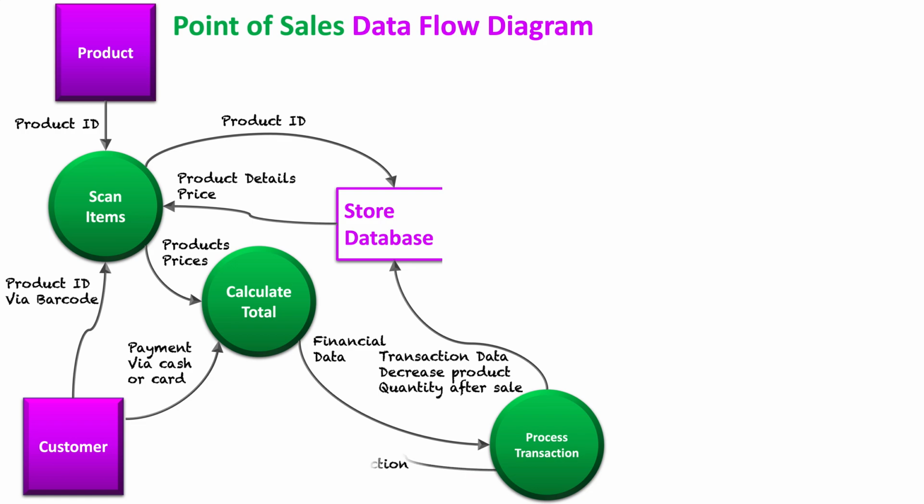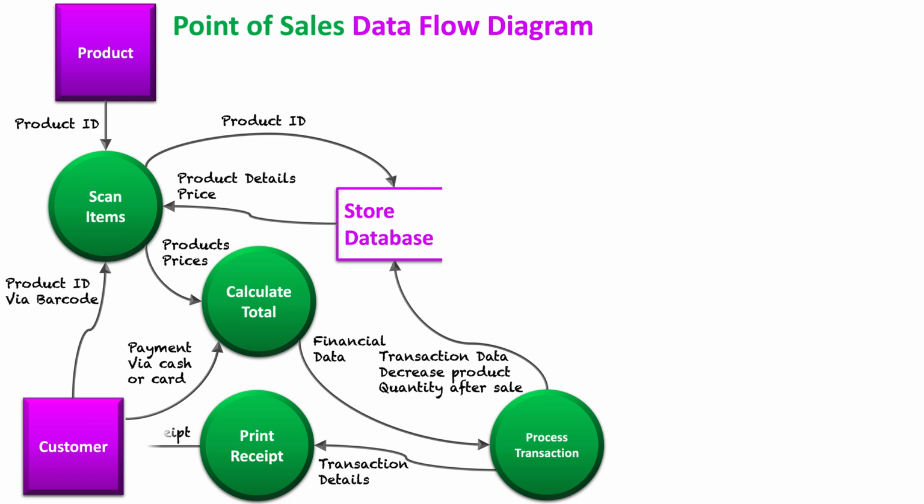On the customer end, they get their proof of purchase. The transaction details are printed onto a receipt, and that receipt is then given to the customer. All right, so that's all the customer side there. But as mentioned, we've got this decreasing quantity happen. And when quantity gets to a certain state, not necessarily zero, but like a low amount, we need to order